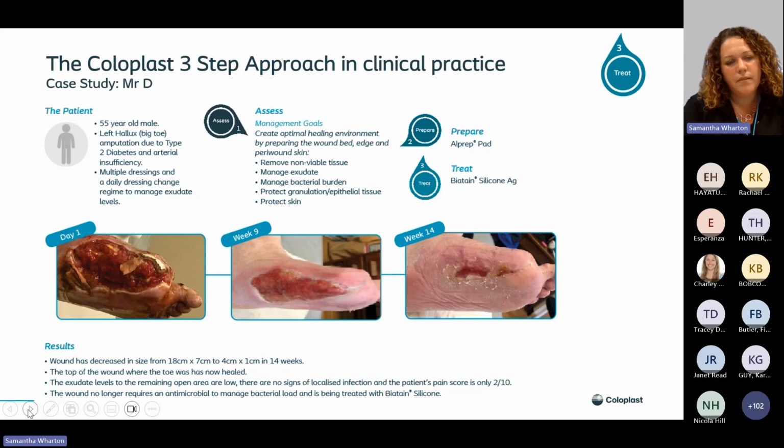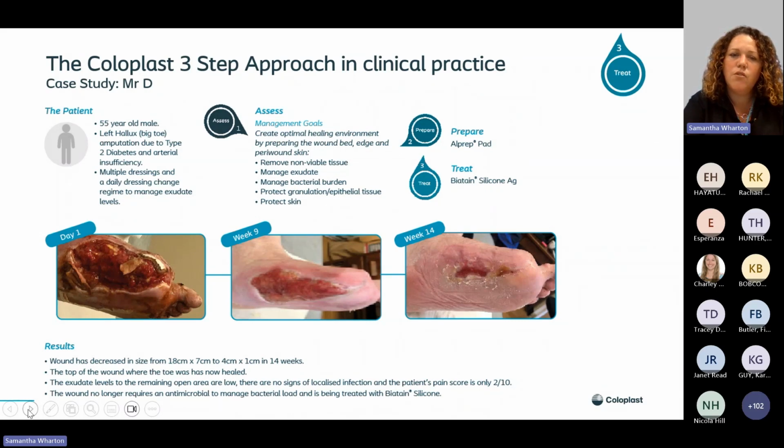You've got devitalized tissue sitting within. I think you can also see a bit of dressing remnants within that wound. So what they did is they did the assess, prepare, treat. So did a thorough assessment and looked at those management goals. So the management goals were to create an optimal healing environment by preparing the wound bed, wound edge and peri-wound